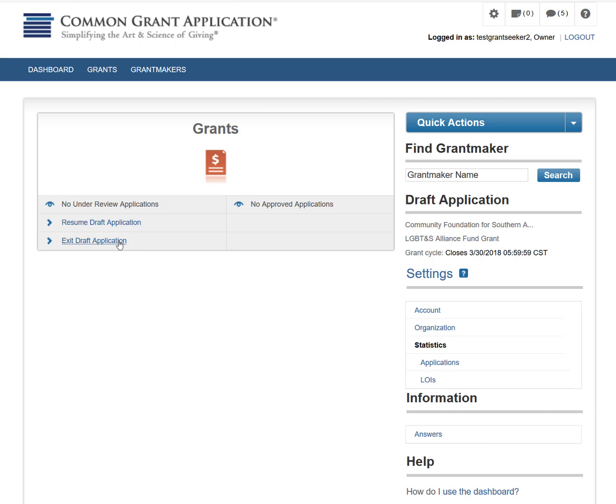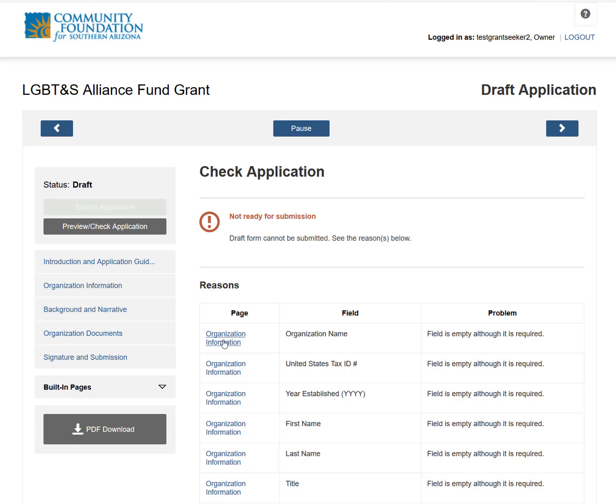If I click exit, I do not lose any work that I've entered. I've just removed that I'm working on the draft. If I did that in error, I just need to click on Start Draft Application, select the Community Foundation for Southern Arizona, and go back into my application. I'm going to click on Resume Draft Application, and again, if I click the arrow to the right